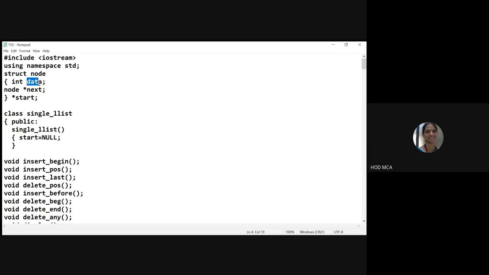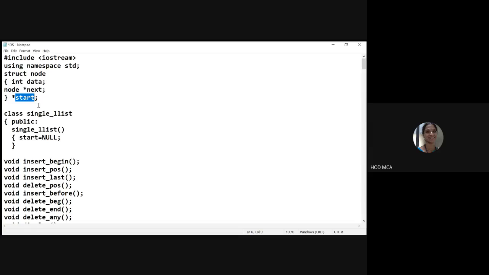So data is of the type integer, which is used for holding the data. Then you have a pointer variable called next, which is used for holding the address of the next node. And always in a linked list, you should have a start node or a header node or the first node, whatever you call it, to hold the address of the first node.